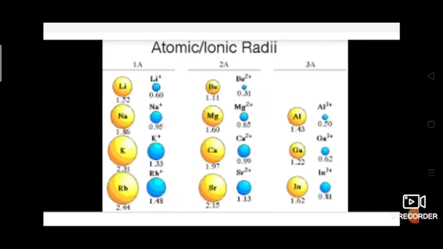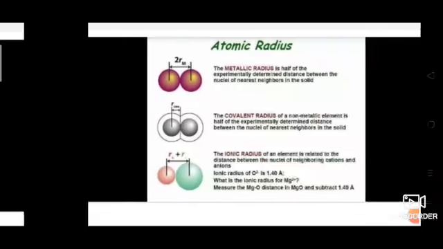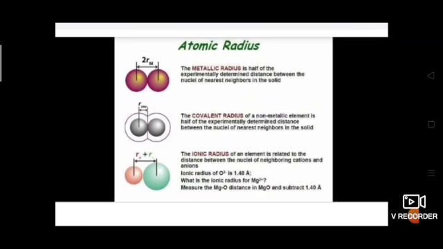When you see that, it may be defined as the effective distance from the nucleus of an ion up to which it has an influence in the ionic bond. That is known as ionic radius. The next one is covalent radius. What is covalent radius? It is equal to the half of the distance between the center of the nuclei of two atoms held together by a purely covalent single bond.